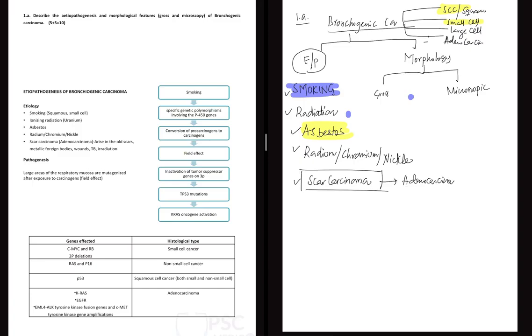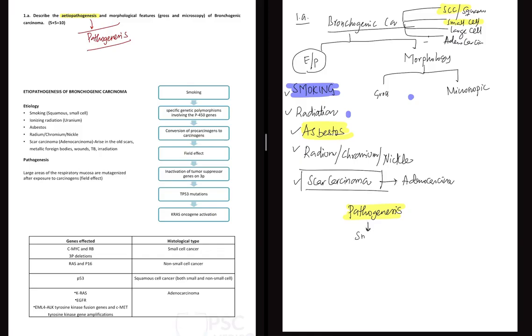Now, many of the students get confused here. They only write etiology. It is etiopathogenesis. So you have to mention the pathogenesis. Now you can't discuss pathogenesis of each and every carcinogen. Here comes the question of how smoking or nicotine causes cancer. So that is a common question they ask. So with the pathogenesis part, I would request you to majorly focus on one aspect, that is